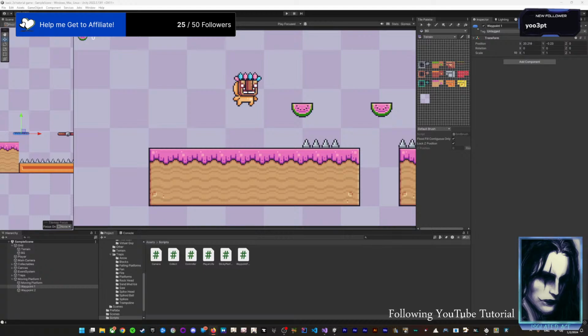Now one slight thing we can change is, you can see that we are in front of our platform here. We can see it when we touch this round part, the feet are in front of it. And of course we can fix this by changing the sorting layer, as we already did for our tile maps earlier. So we select the moving platform,